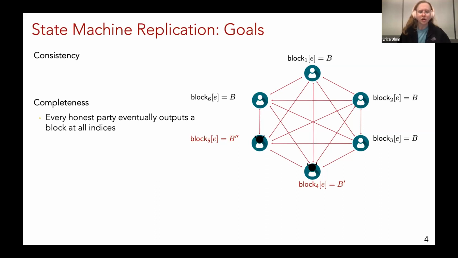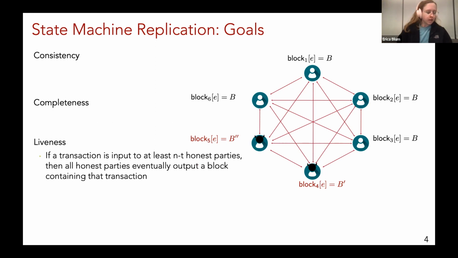Essentially, this is just saying that the protocol can't stall forever. Eventually, as long as you keep working, you'll have something to put at every index. Next, we have a property, liveness, which says that if a transaction is input to sufficiently many honest parties, sufficiently many here being at least N minus T of them, then all honest parties eventually place that transaction somewhere in